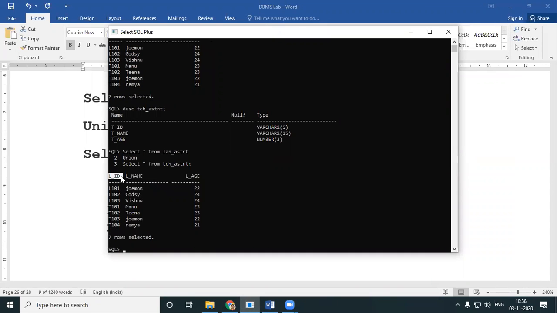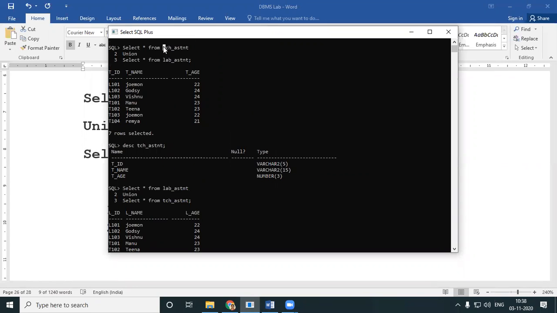I would be getting LID, LNAME, LH. Whatever the first table is, those field names will be taken. Here I gave tech assistant, that was my first table, so I get my field names as TID, TNAME, and TH. 7 rows selected.